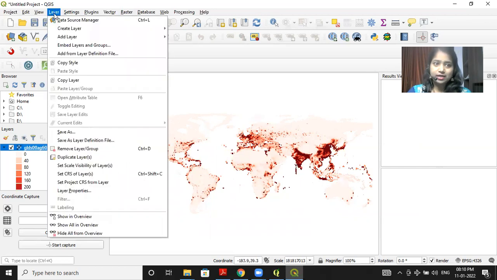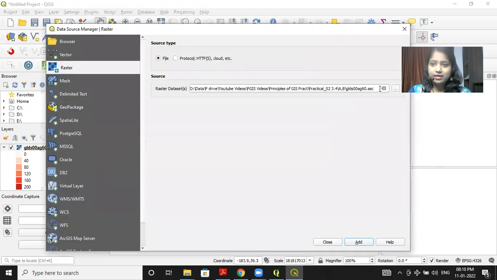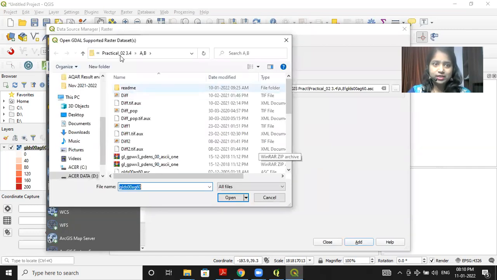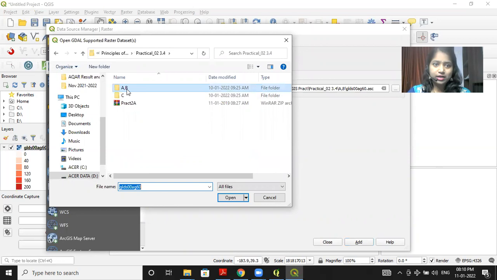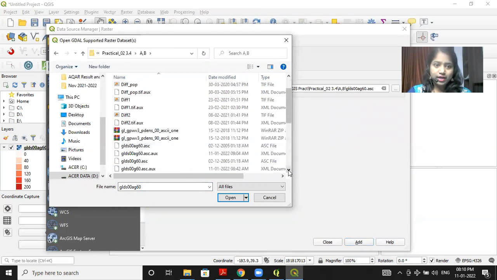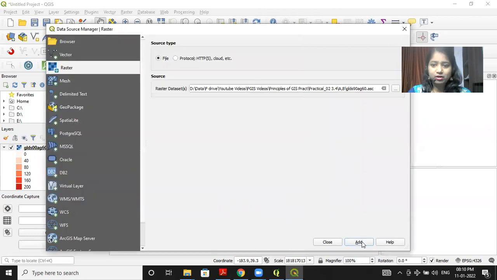So I'll again click on layer, add raster layer, then again click on the browse button. Then from the provided data set, that is for practical number 2, from this practical number 2 folder, I'll double click here, and I will scroll and search for the ASC file, that is the population of 1990, and I'll click on open.